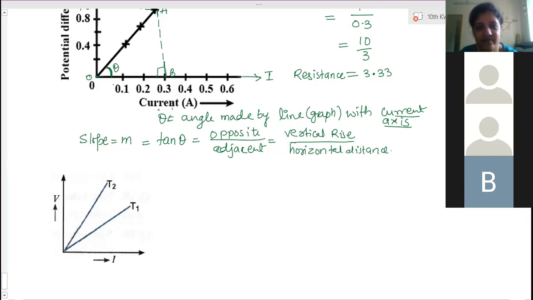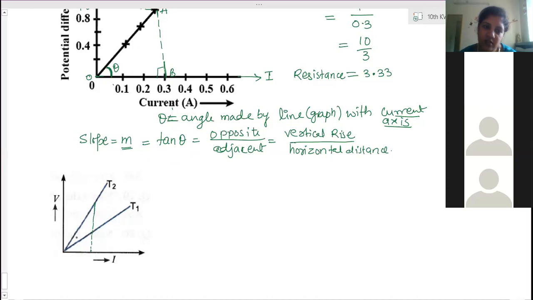Ma'am, is it T2? Because the angle theta is less. So this is a slope, vertical height. From one point, you draw... This is tan theta. In terms of tan theta, I will explain it to you. That will always be better. On the y-axis, you have to draw a perpendicular from one point.